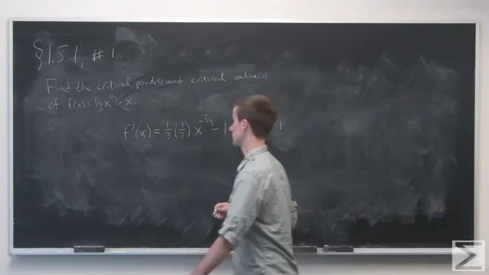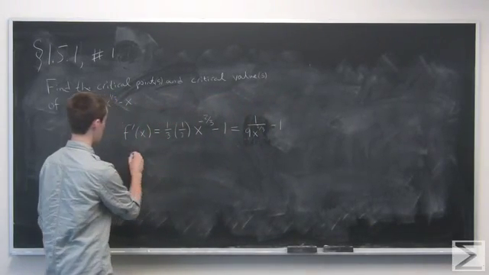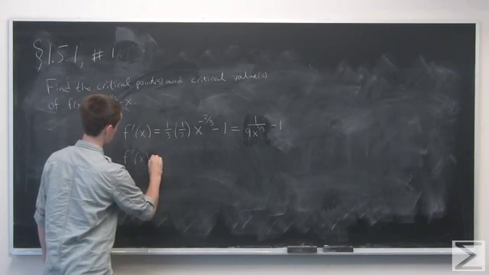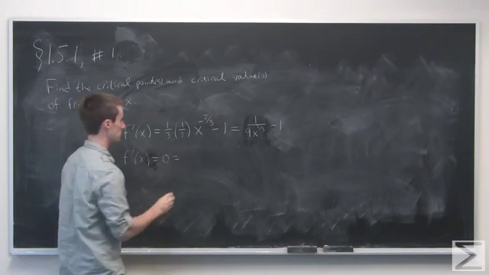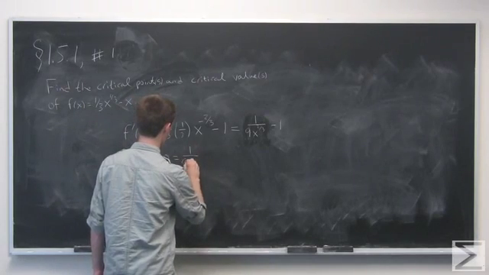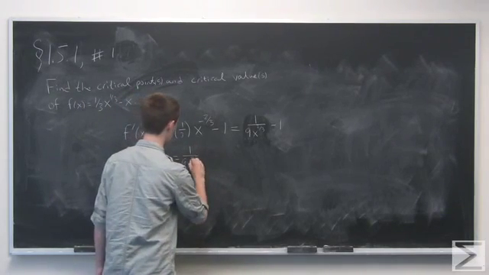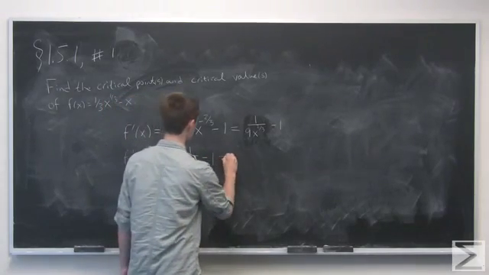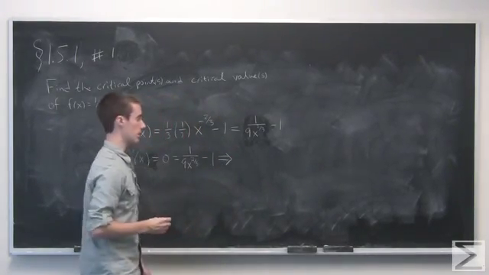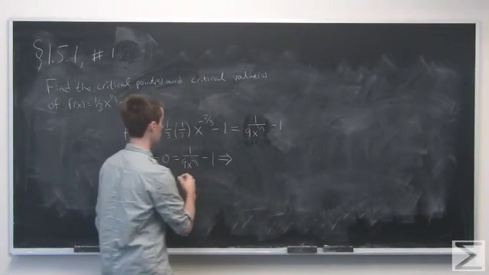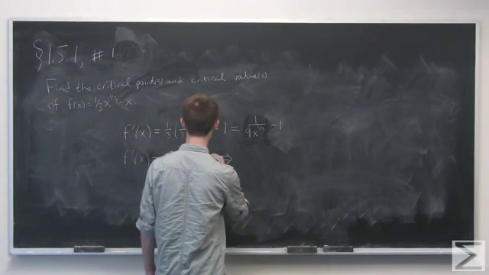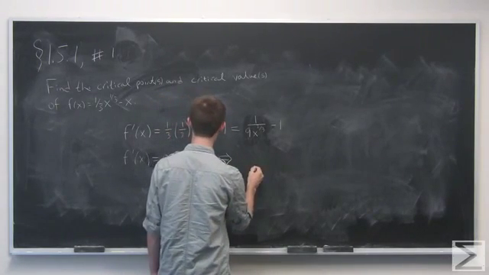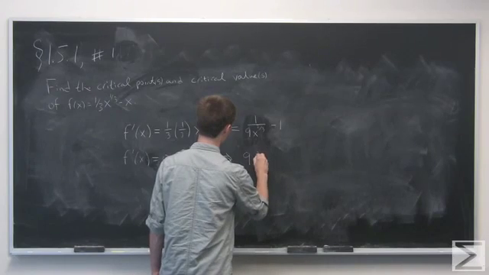Now we want to set this equal to 0. So we have f prime of x equals 0. This means that 1/9x to the 2/3 minus 1 is equal to 0. So now we just solve for x and figure out what values this holds for. So move the 1 to the other side and multiply by 9x to the 2/3, and we get 9x to the 2/3